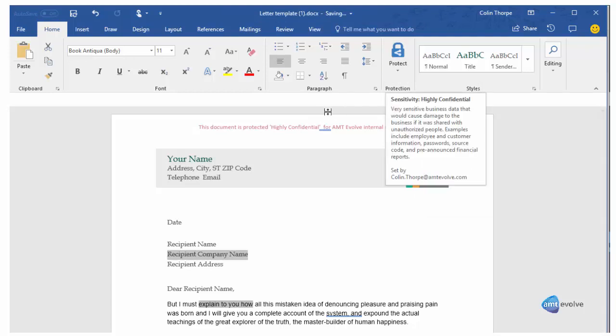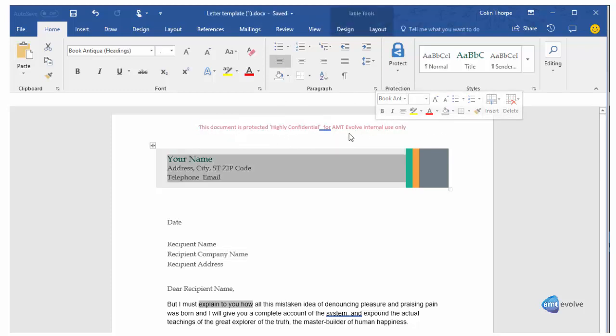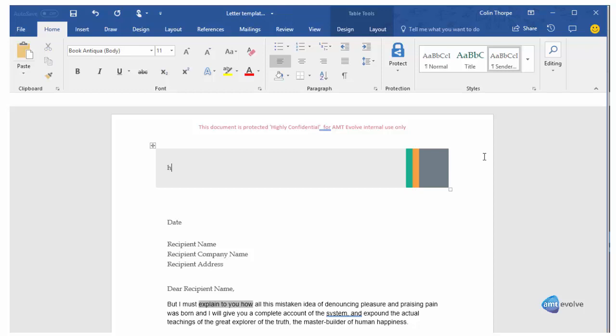So having protected the document and told Word that it's highly confidential, it's added a header into the document automatically. So this document not only knows that it's protected, but everybody that receives it is now going to see a message saying that this document's protected. I can save that document, and now this document is internally encrypted. So if this document gets forwarded to somebody by email, gets put onto a memory stick, and given to somebody,